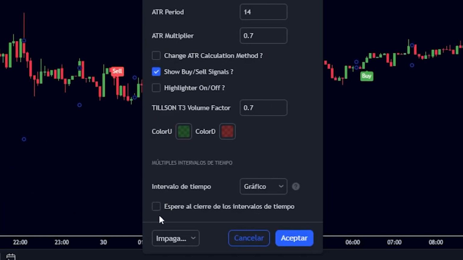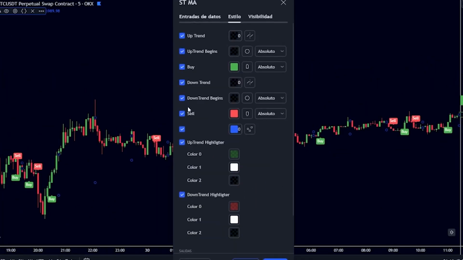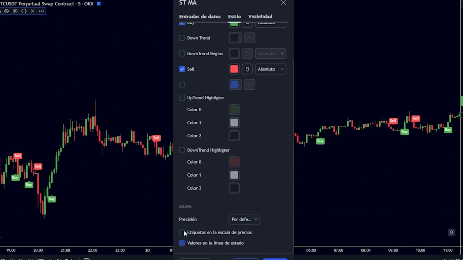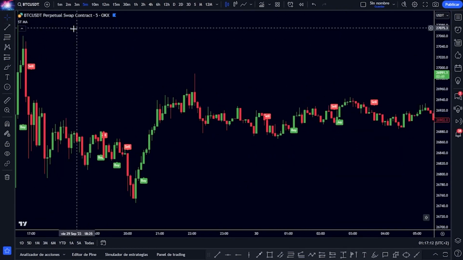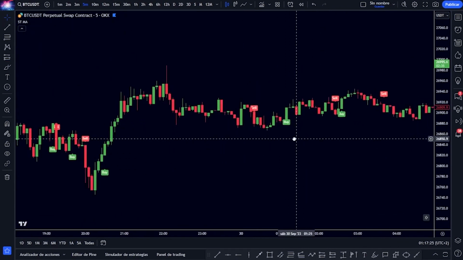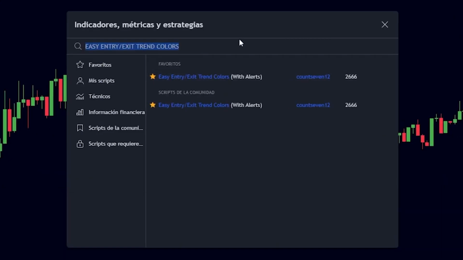It is also very important that you check the box to wait for the closing of the time intervals, and in the style part we can remove practically everything. We will only leave those marks of the buy and sell signals. We accept, and as you can see we only have those signals but with the specific data that we have placed. Obviously we cannot leave it like that because it gives us many false signals, so we return directly to indicators